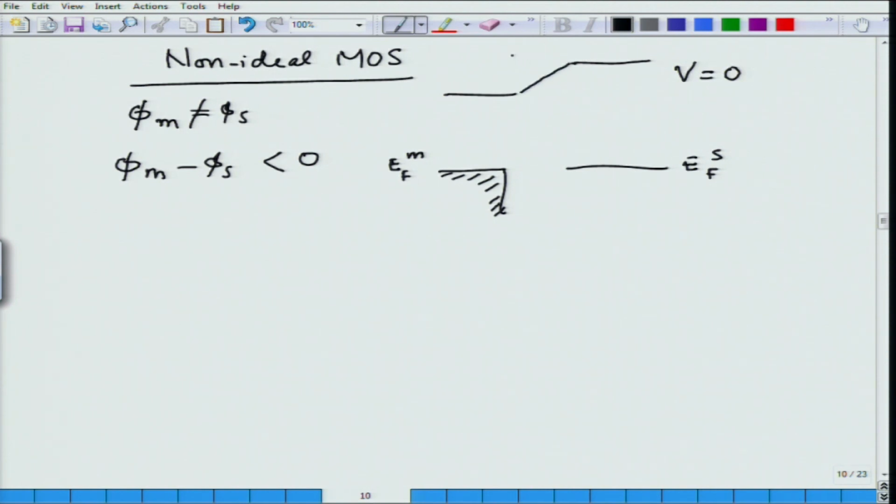And here this means that there is going to be a field due to this non-ideality. Earlier there was a flat oxide conduction band, and because of this non-ideality,